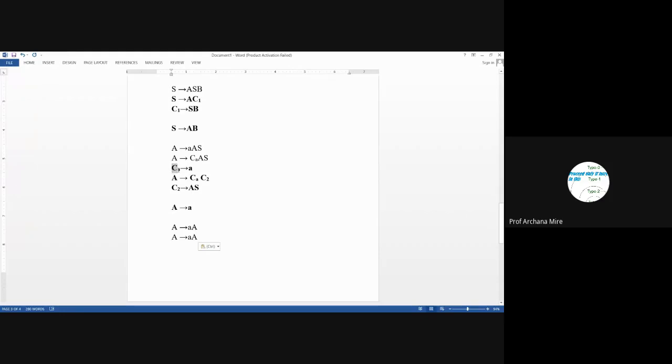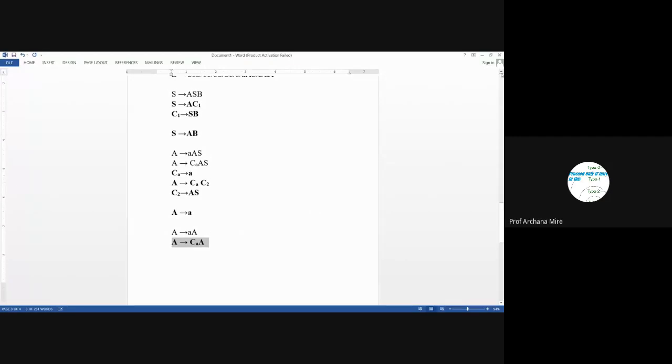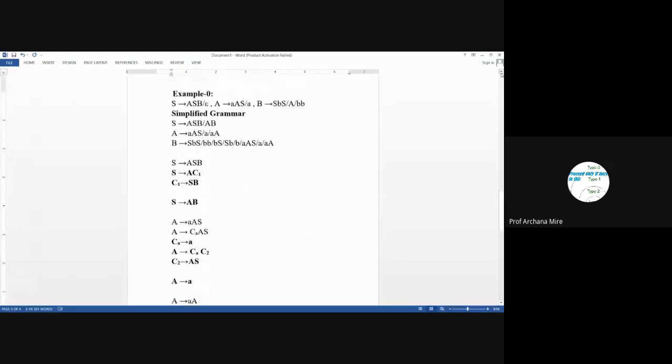This production rule CA leads to A is already inserted in this grammar. That's why we don't need to insert any new non-terminal for terminal symbol A, or any new production rule CA leads to A, as it is already introduced in the grammar. So this is a final production rule which is in CNF, so I will mark it in bold.